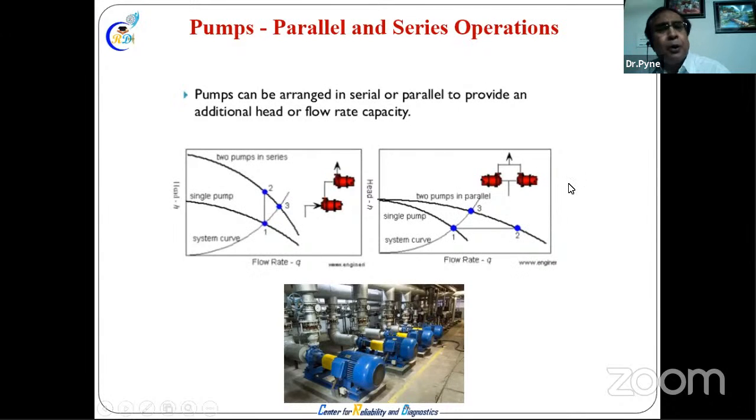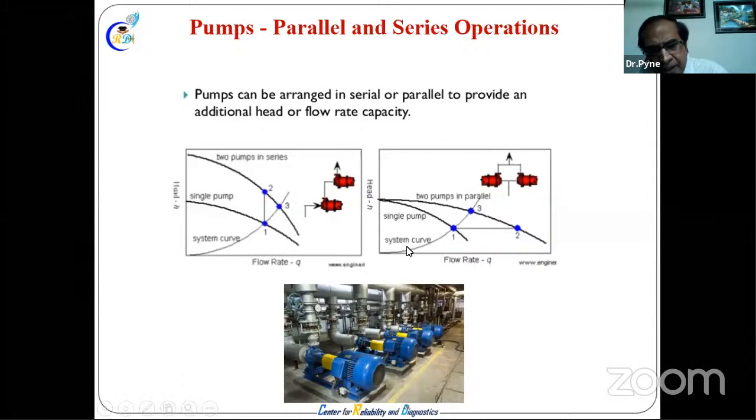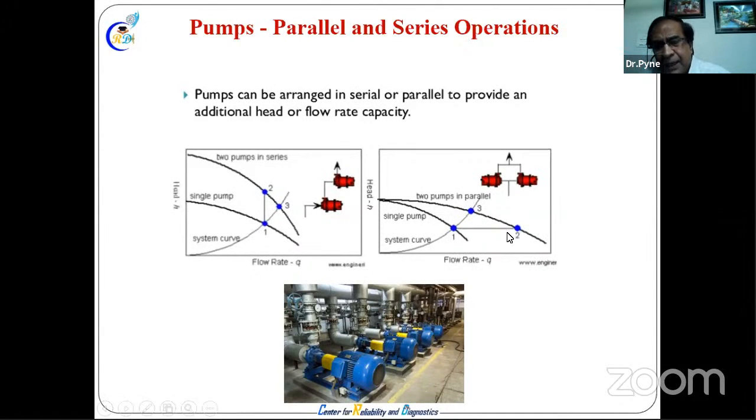And pumps in parallel: when you want more flow, put more parallel pumps. But we will have to compromise certain flow, because if you put two pumps, almost double here, parallel system, two pumps. This is the parallel system curve, H versus Q. The two pumps, 1 and 2: one pump is only here. This is the single pump. This is two pumps in parallel. With two pumps in parallel, you would expect to see double flow. But in practice, you won't get it.